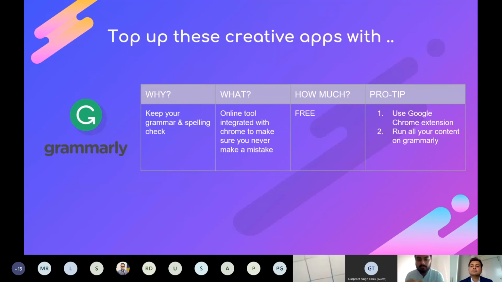The feature that I'm going to recommend is that they have a wonderful Google Chrome extension. So it just gets attached to your Google Chrome. So whenever you're writing anything, whether it's an email or something on a social media platform, it automatically starts giving you suggestions. And Grammarly has gone to that level where it picks up the tonality as well.